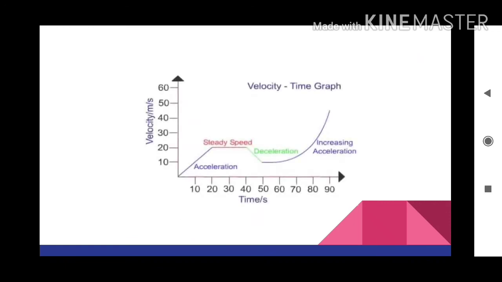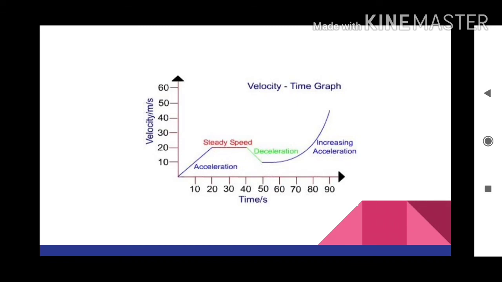And last but not the least, we have a plot which shows all kinds of accelerations. Everyday objects show this kind of behavior in VT graph. So velocity on y-axis, time on x-axis. In the first one, the dark blue section, it is constant acceleration, a straight line. The acceleration remains constant here, it is slowly increasing. Then it becomes parallel to x-axis, that means acceleration becomes 0, so the velocity remains constant. Here no change in velocity, red line.